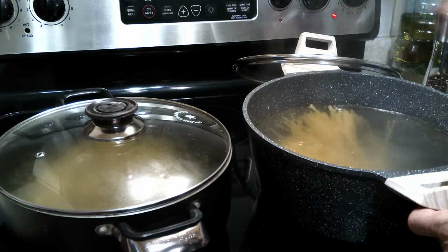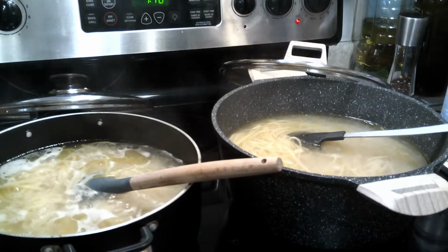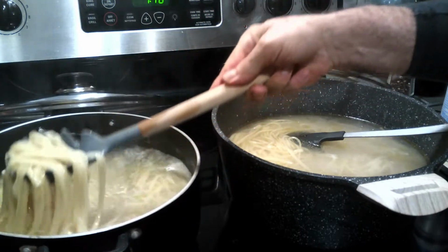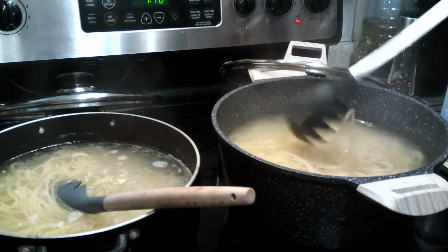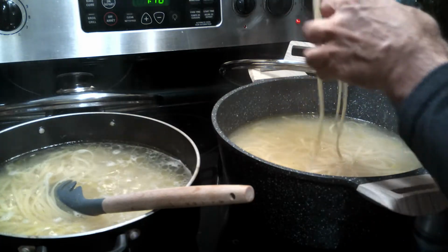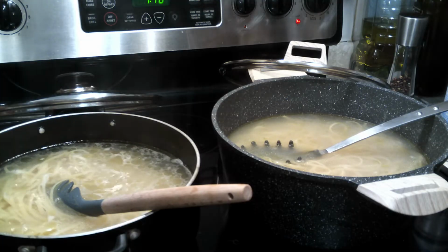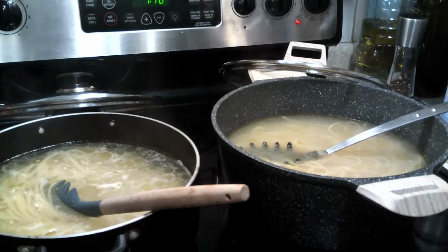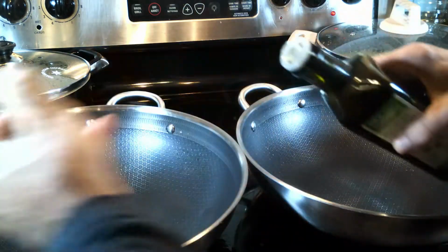Then we put the cap on and wait for it to cook. Now that I think it's almost cooked, I'm going to taste a little bit of the pasta to see if it's cooked all right. Yes, tastes fine. So now we are going to put them aside